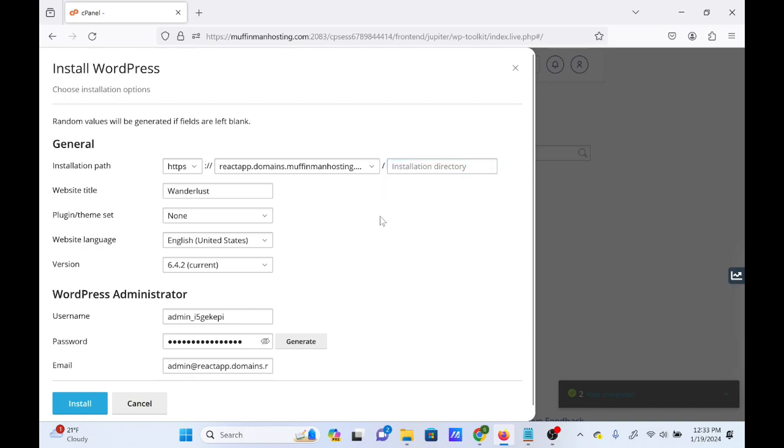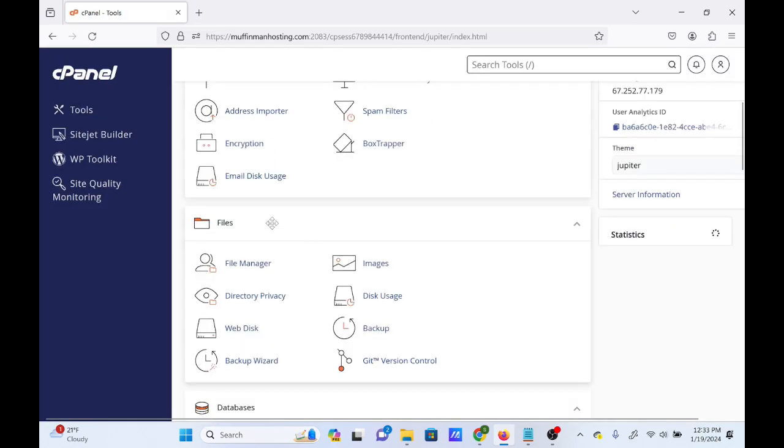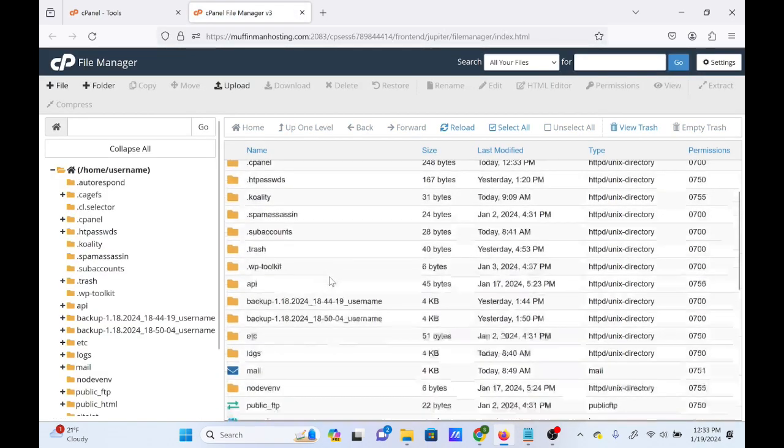But if you want your WordPress site to be the WordPress site for your domain, then leave the installation directory alone and don't type anything in. I'm doing this because, and I can give you an example actually. So if I clicked X and I go back to Tools, and I went down to File Manager, and like in past